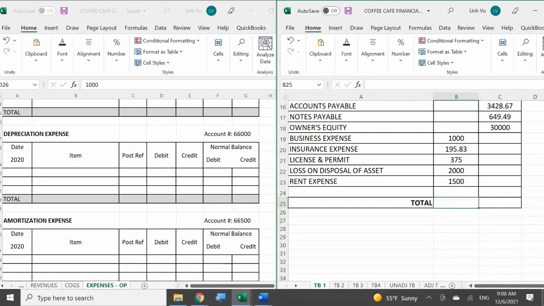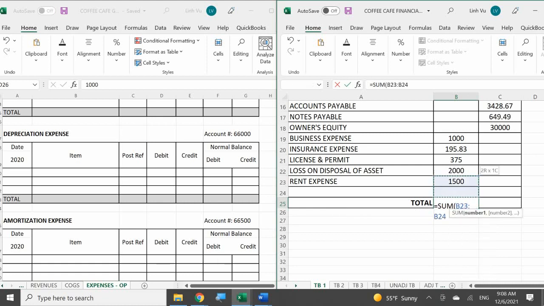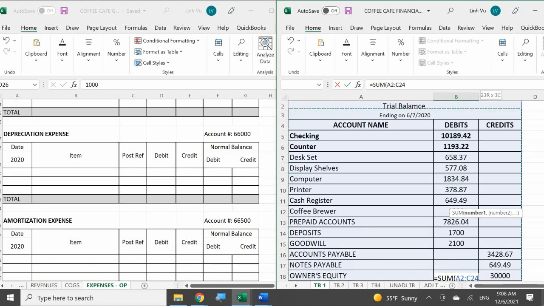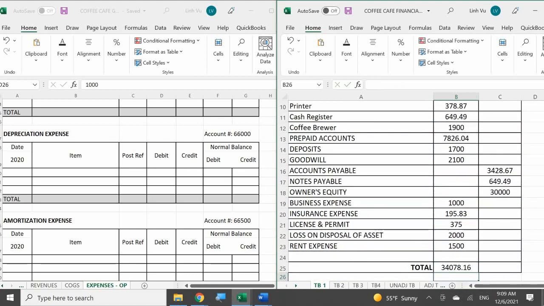So I have my totals here, equal sum. And I'm going to equal sum this whole entire column up here. And I get a grand total of